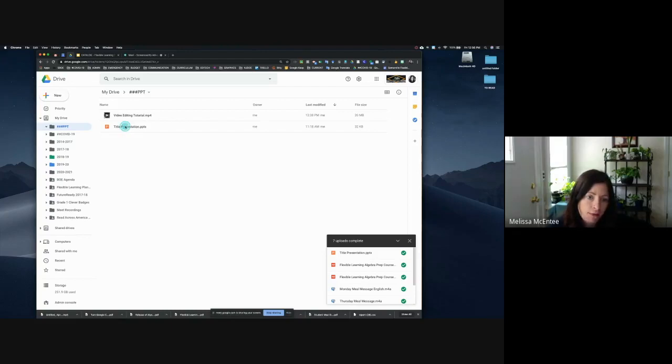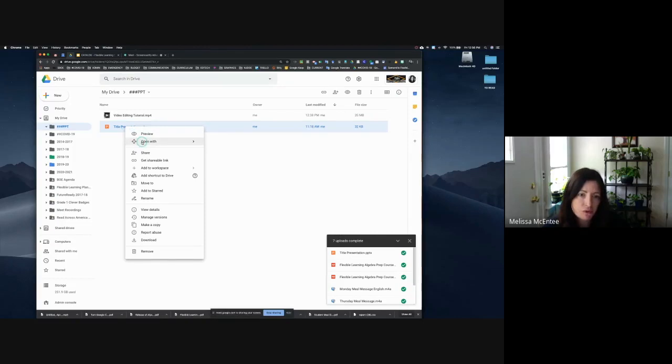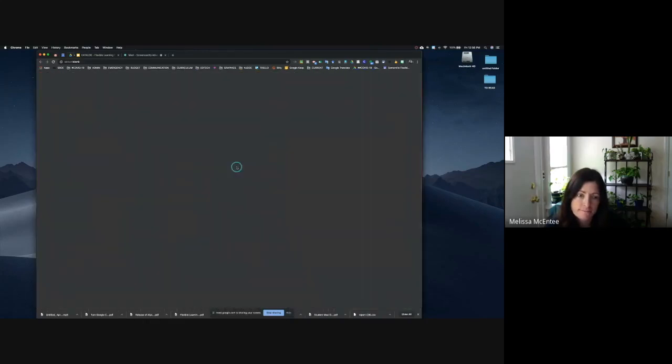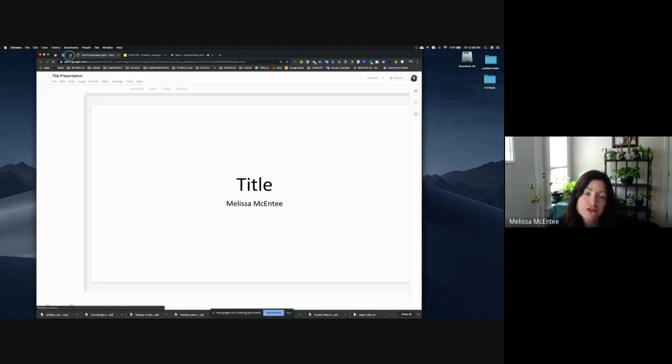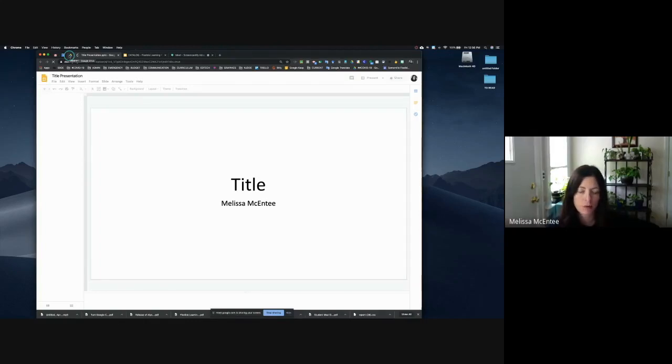So I would click on this, and I would choose Open With, and I'm looking here for my Google Slides. Okay, so I click on that. Now it's opening as a Google Slides that I could share with students, but it's still saved in my drive as a PowerPoint. So if I was starting to move all of my existing PowerPoints over to Google Slides to make this online learning process easier for students, once that loads,